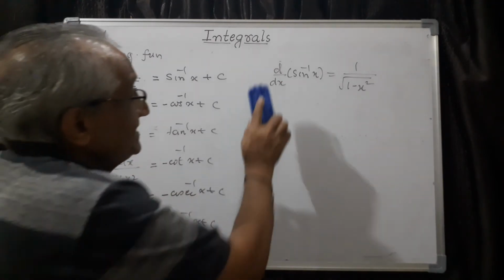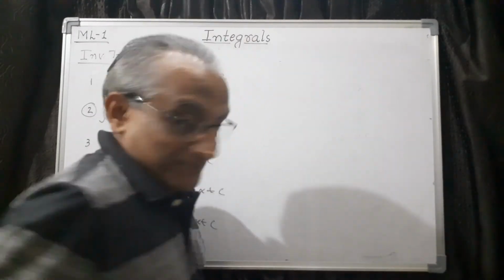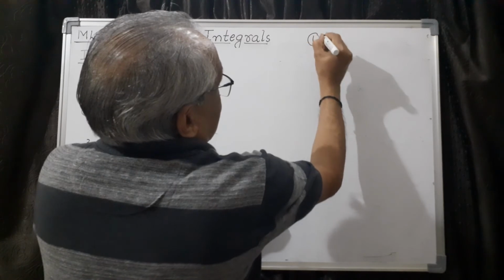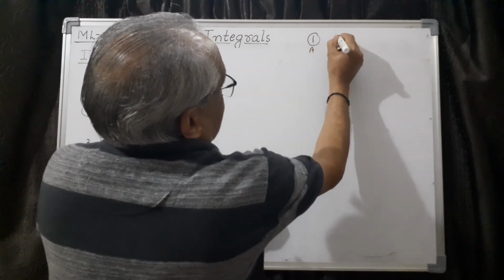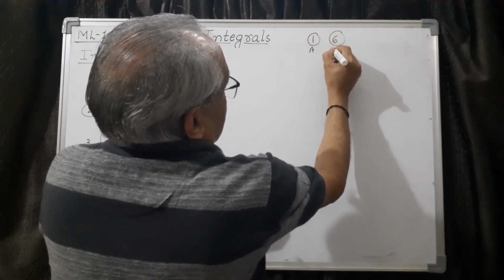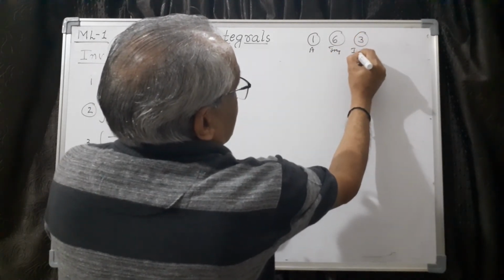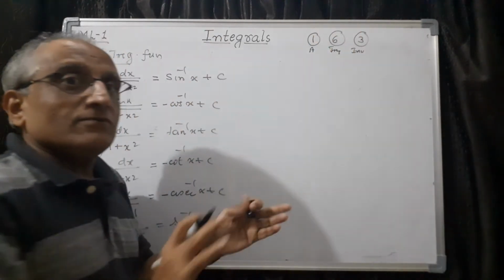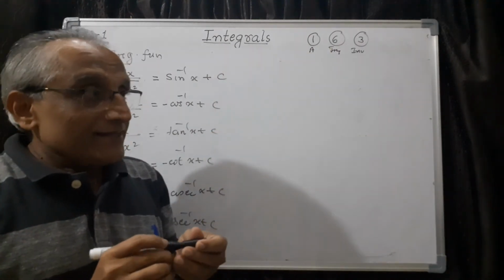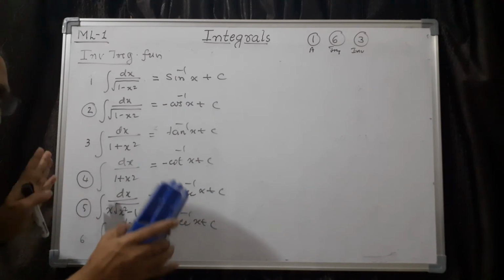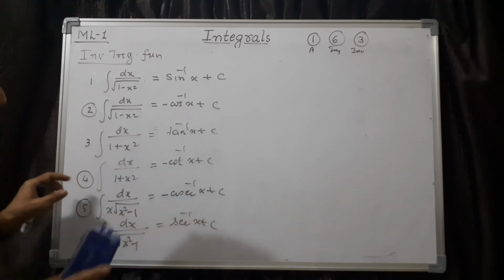Now let me list them so that it is easy. First one, algebraic, 1 formula. Second one, 6 formulas for trigonometric. Next one is actually 3 for inverse trigonometry. Of course, you can remember 6 also, or you can reduce it to 3. Then what is the next one? This is the first thing we have to list. Only then can you play the game of integrals.